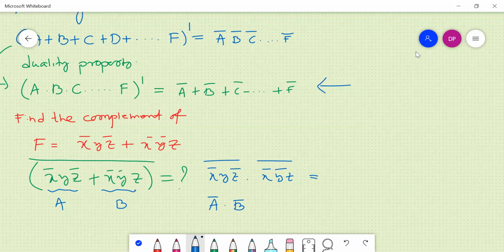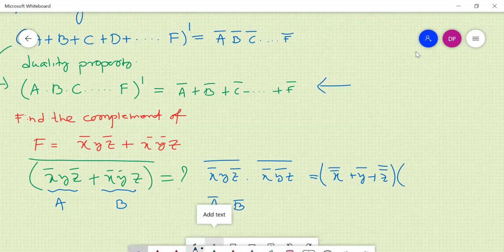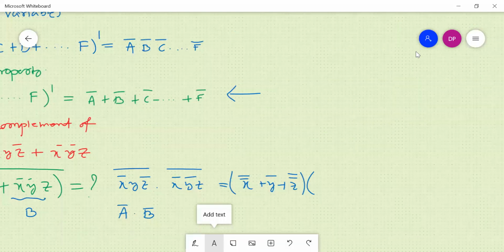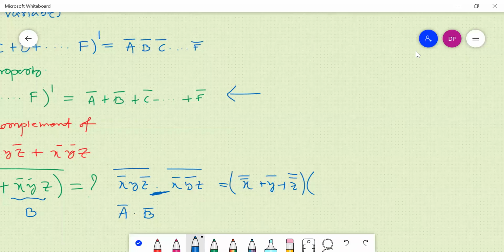X bar bar plus, that is, X plus Y bar plus Z bar bar. Okay, it means what? It's X, so this plus Y bar plus Z bar bar, and with... Sir, plus sir, Y plus. There is an and here, right? Here, what is plus? Okay sir.